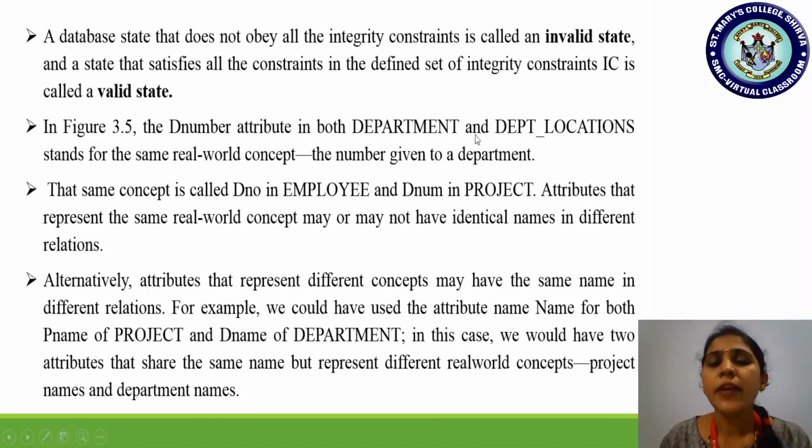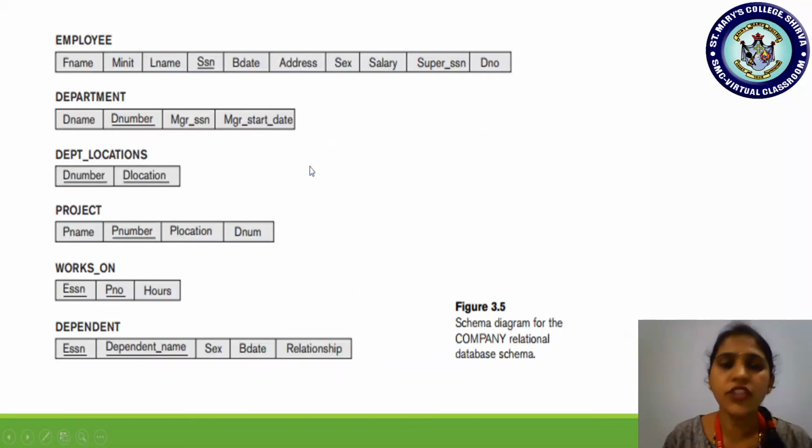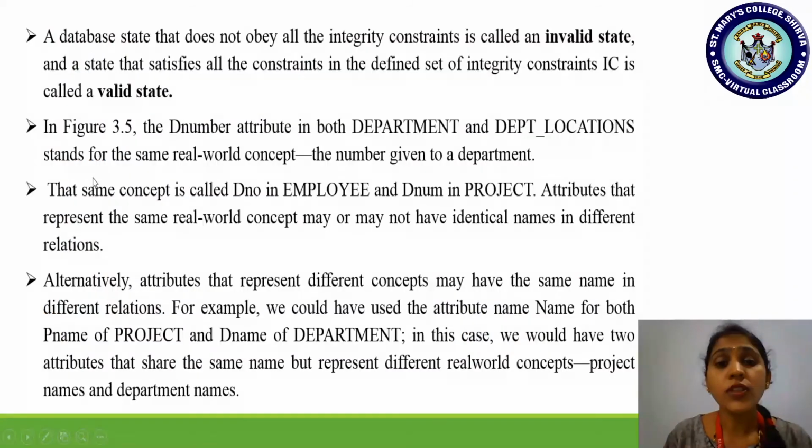And in department location, if you are using D number, just check here. In the department we had D number. In the department location also D number. So both stand for the same. The D number attribute in both department and department location stands for the same real world concept, the number given to a department. So in the real world, whatever number is given to the department, it highlights the same.